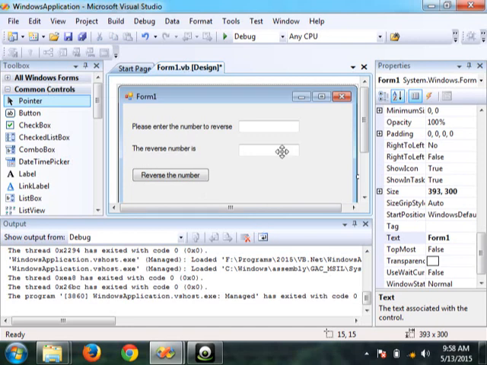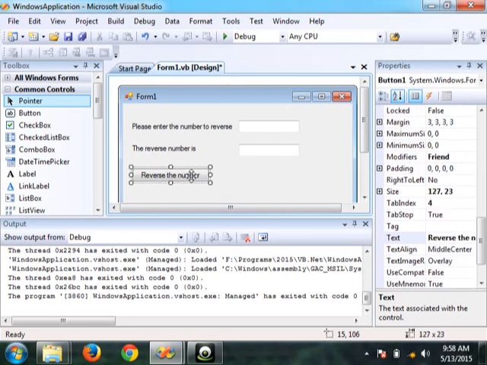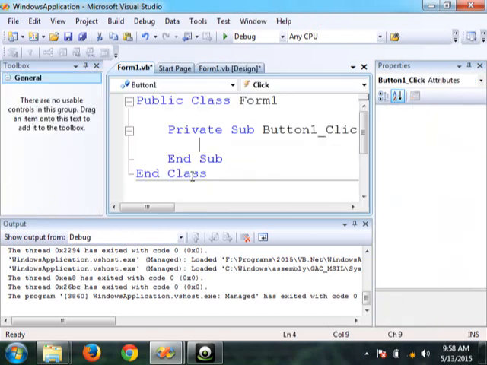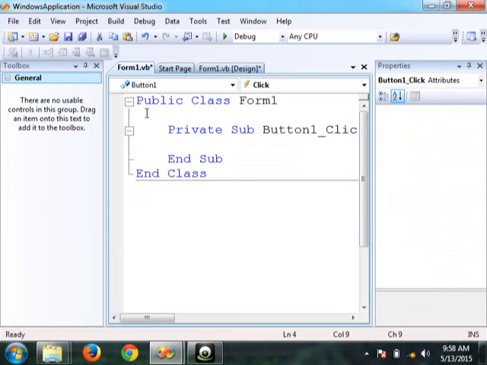So this is the form view, meaning I am seeing the form with all the controls that I have dragged in. Clear? Now I want to go to the so-called coding view. I want to write the code for this because when somebody clicks, only then should it start reversing the number. Fine. So I'll double click on this one, and you'll see that I'm back here in this particular window, which is